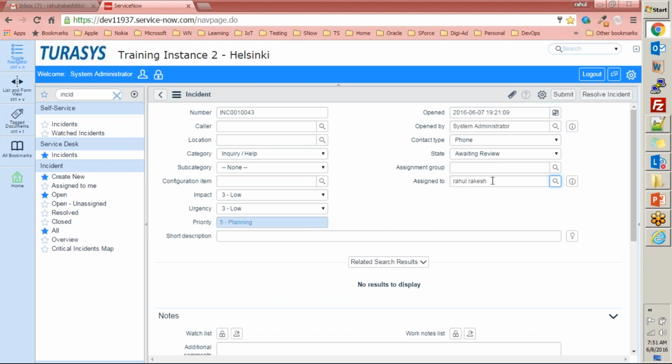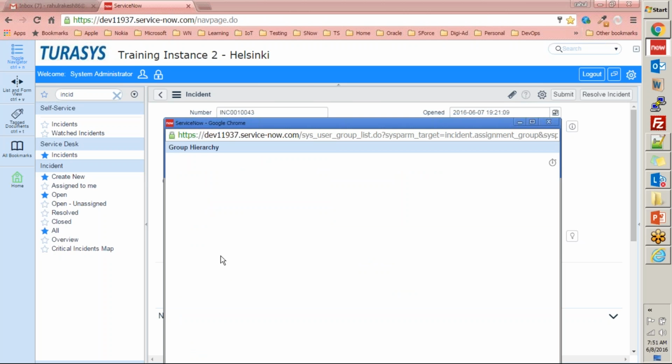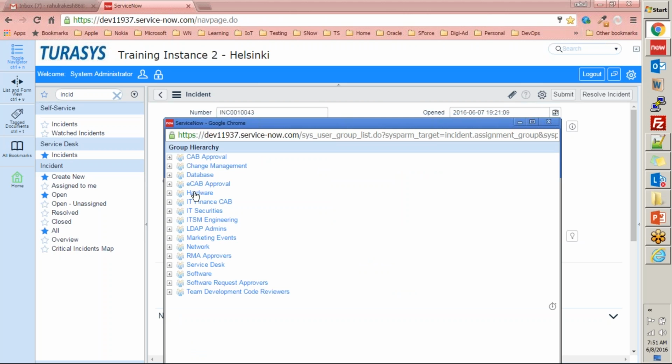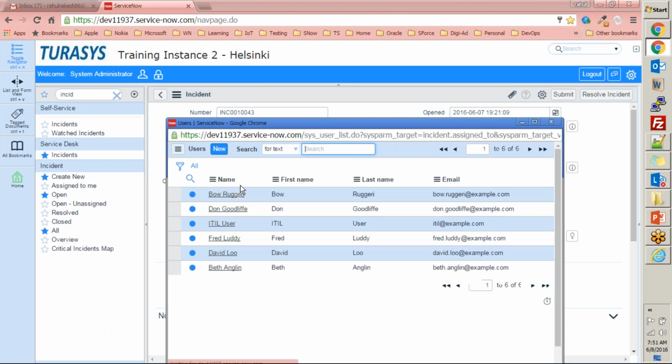So when you do assign to a single person, this is an individual assignment. But when you go ahead and pick a group, let's say hardware group, so all persons from the hardware group will be listed here. See, right now, there are 6 persons in this group, right? My name, Rahul, is not appearing in this hardware group.